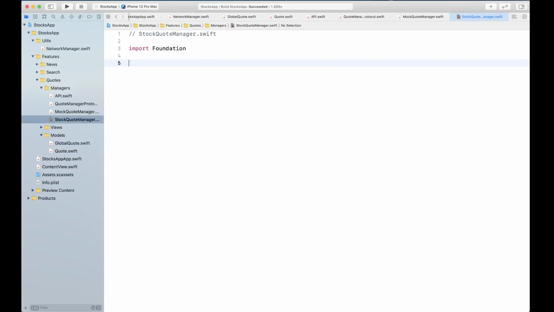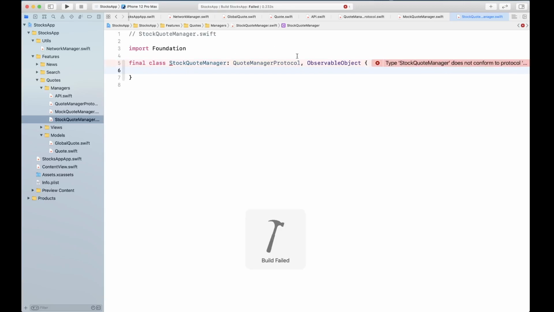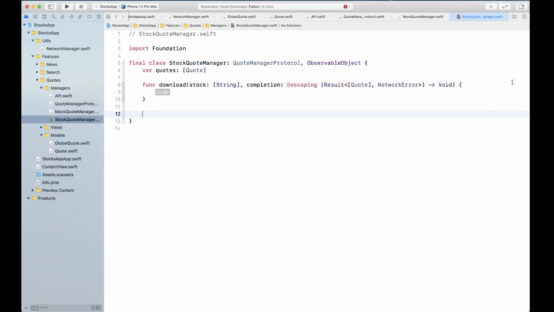Once again we're going to create a final class. Let's go ahead and wait for the fix to appear. And this is going to be a published quotes, once again initialized with empty.